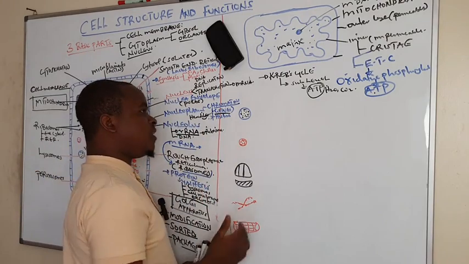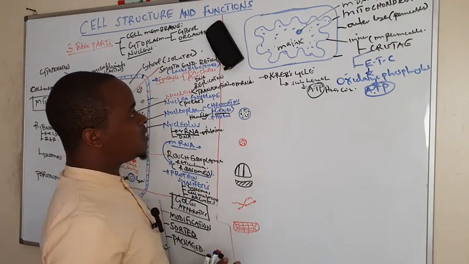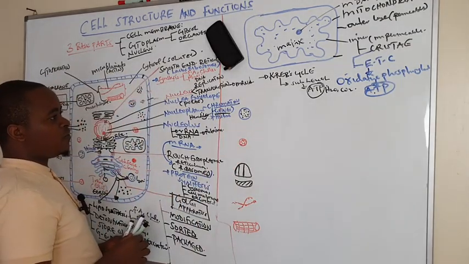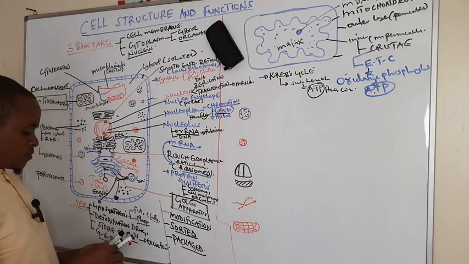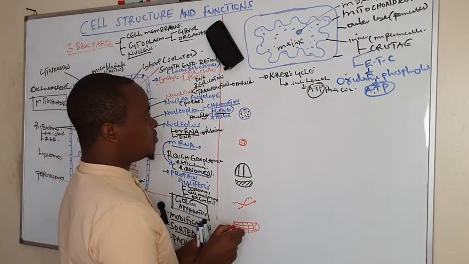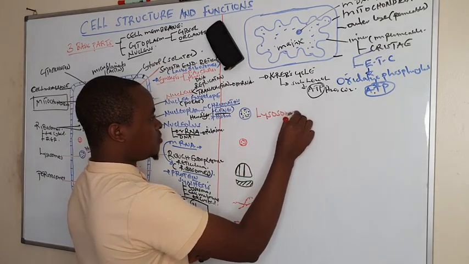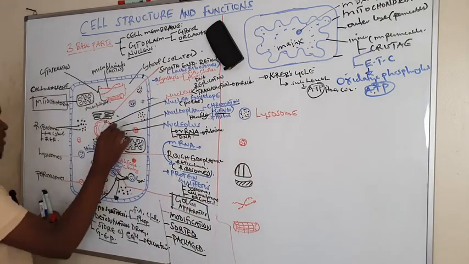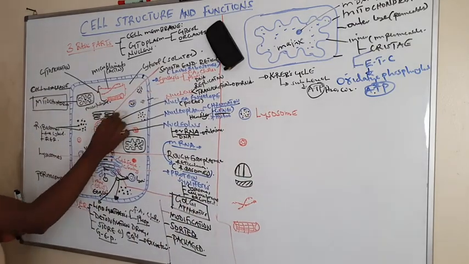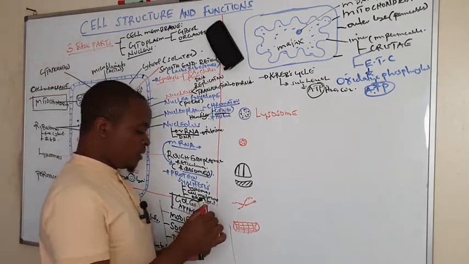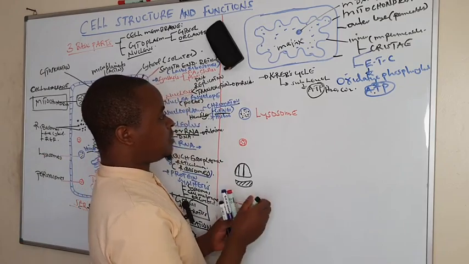And after looking at the function of the mitochondria and its structure, now we can also go to another type of cellular organelle, and this is the lysosome. This is the lysosome. Lysosomes in the cell, these are the ones: this is a lysosome, this is a lysosome, and this is a lysosome. And these lysosomes contain enzymes such as